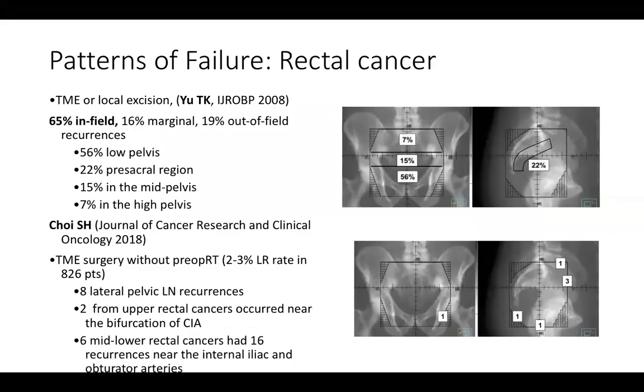So coming to the delineation, the first and foremost thing before we start is the intent: we should be able to target all the tumor and its suspicious drainage areas electively, so as to achieve good local control. The best way to understand that is to understand how the recurrence pattern is happening.